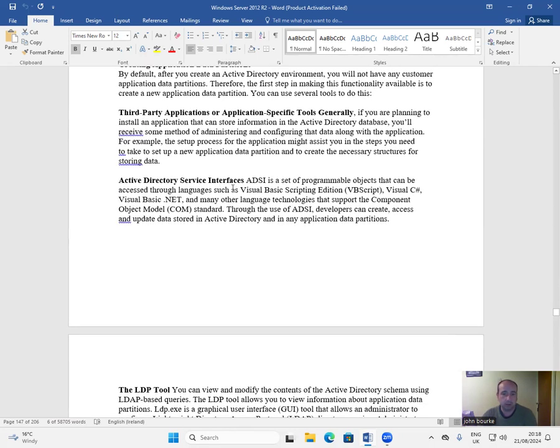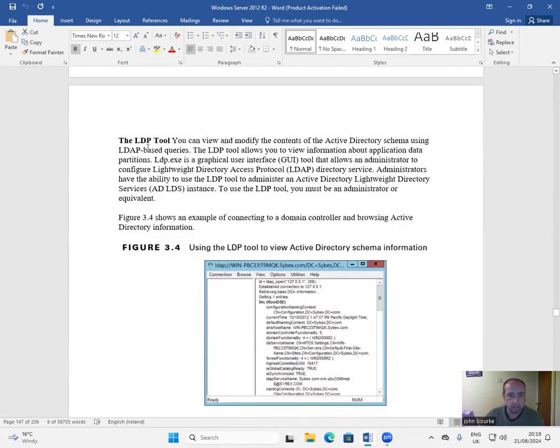Active Directory Services Interface. ADSI is a set of programmable objects that can be accessed through languages such as Visual Basic Scripting Edition, VBScript, Visual C++, Visual Basic .NET, and many other language technologies that support Component Object Model, COM, standards. Through the use of ADSI, developers can create, access, and update data stored in Active Directory and in any application data partitions. The LDP